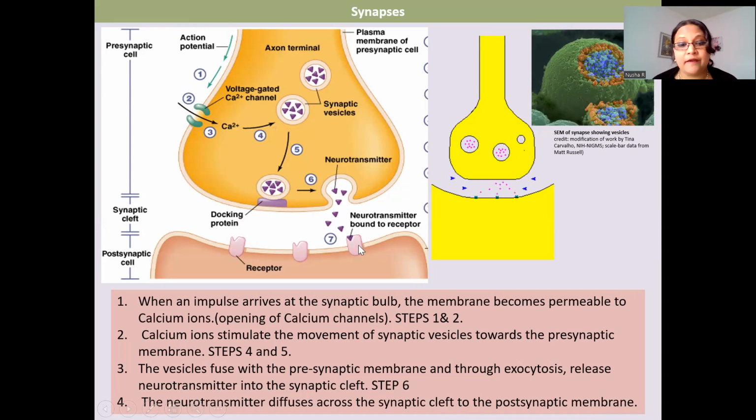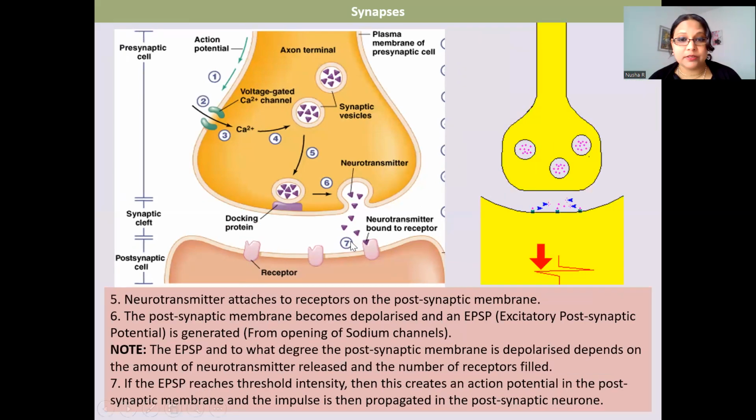Obviously, you do remember that receptors are very specific to a particular neurotransmitter. So the neurotransmitter binds to this receptor. So when that happens, what goes on next is